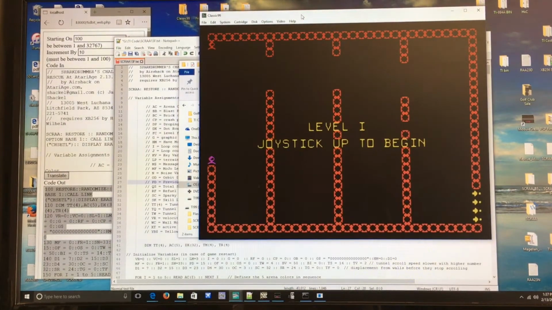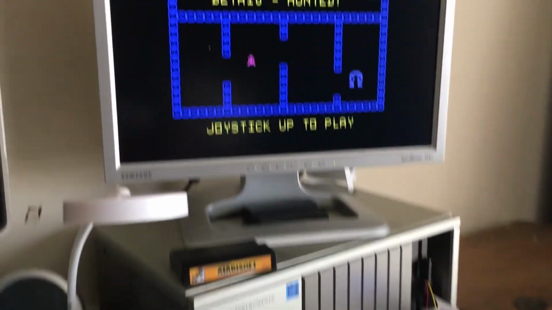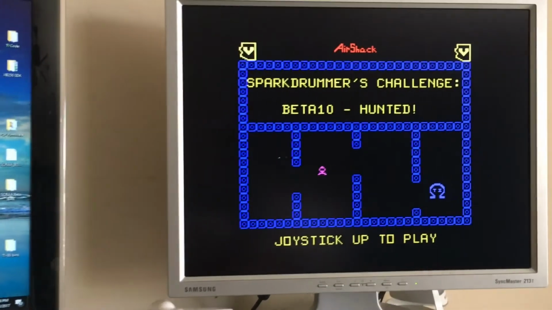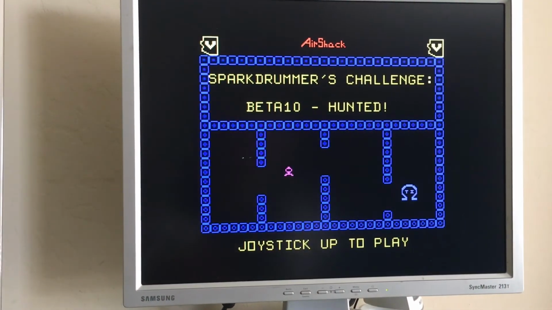So what we're going to do is we're going to switch over to the actual TI hardware here, and we're going to take a look at the same exact code. This is Randy XB. Kind of a catchy name, huh? And this is running the same exact program, but it's compiled. So you're going to see quite a difference. I'm going to do joystick up